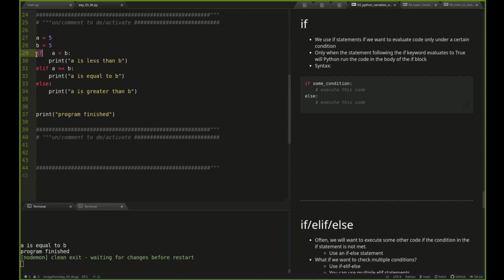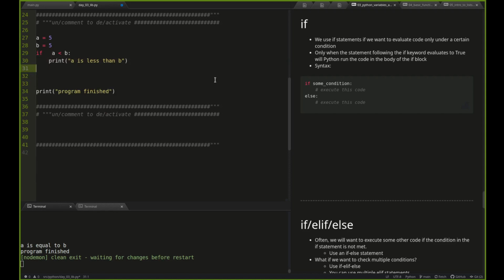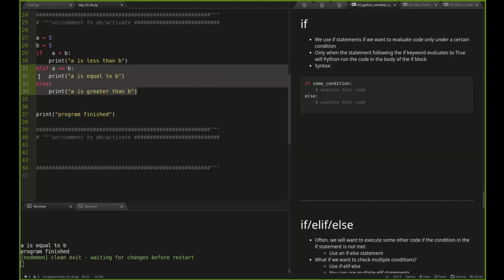Every time we write an if, you can think about it as sort of initializing a chain of conditions. Now that chain can have one or more links, right? So one link in the chain would just be an if. Two would be an if and elif, or if and else. If we have an else, the chain ends. If we have an elif, we can continue the chain with as many elifs in between. And the reason that I think about the conditions being chained together is that